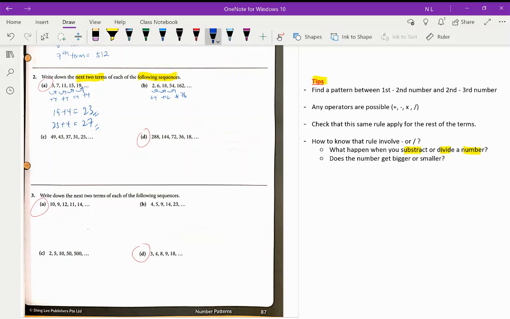One question to ask is, why don't I go into minus or divide? Why do I go into times straight away instead of minus and divide? What do I notice in this pattern that tells me it must be plus or multiply, not minus or divide? If you notice, the number is getting bigger. When the number is getting bigger, minus a number or dividing a number is not really possible. So now let's check for another pattern. If I consider times,